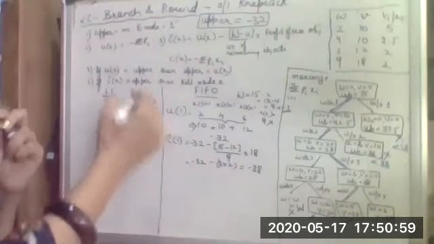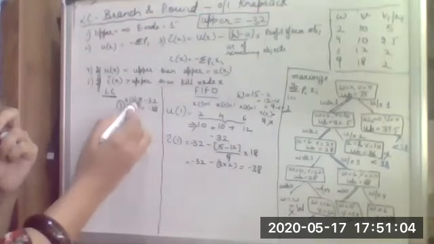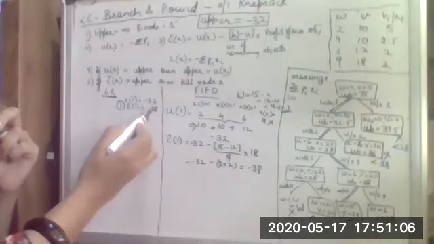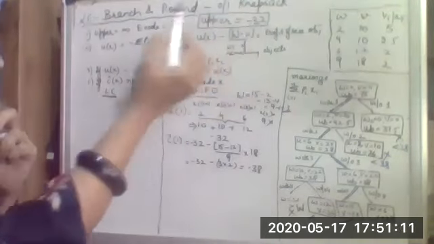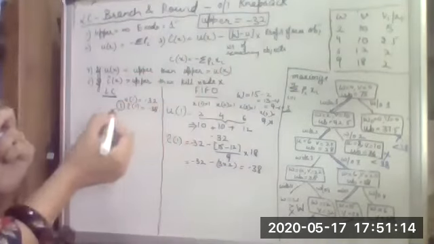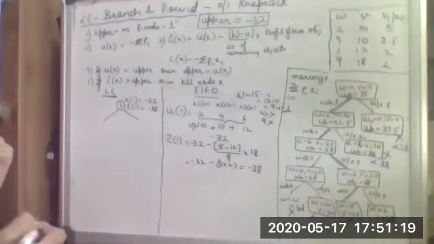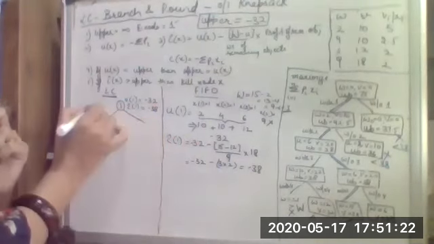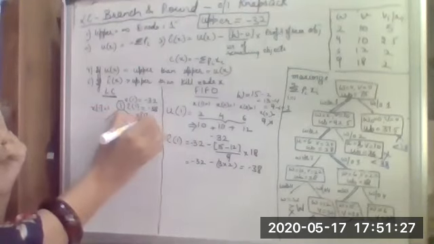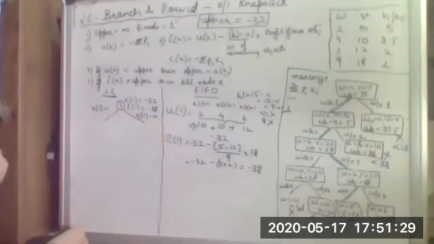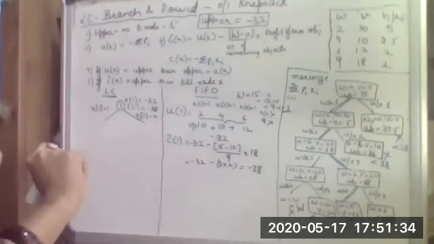Fine. And then I check if the C cap value is greater than the upper value. No. C cap value is minus 38. Upper value is minus 32. So upper is greater. Then we will not kill this node, but we will generate the subnodes of this. The subnodes are when we take the first element or do not include the first element. If we are not going to include the first element, it is 0, and if we are including it, it is 1.